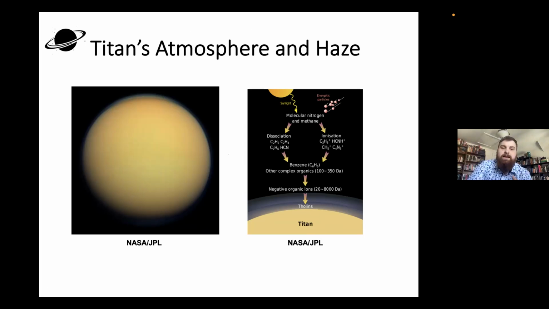And over time, those particles get bombarded with cosmic solar radiation, and that causes these molecules to break apart into individual atoms. So that means you have a mixture of carbon, hydrogen, and nitrogen just floating around. And over time, it allows longer chain molecules to get stitched together and form. Things like benzene, HCN, and other types of heavier organics.